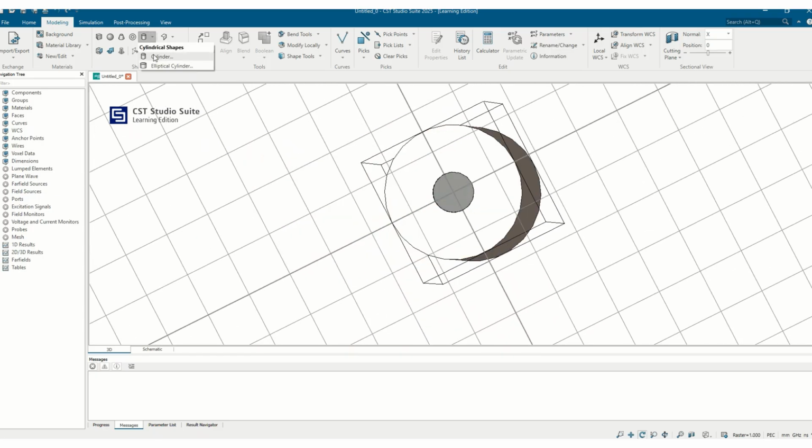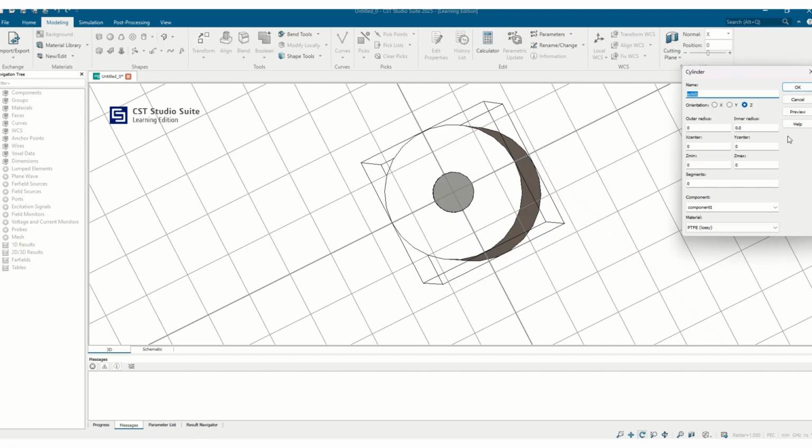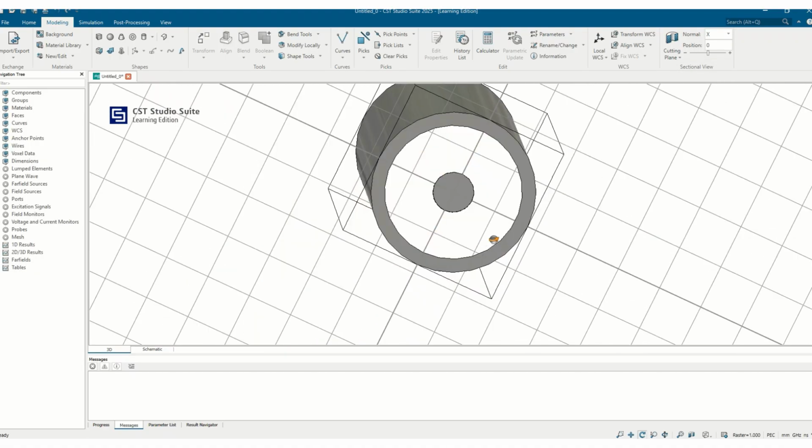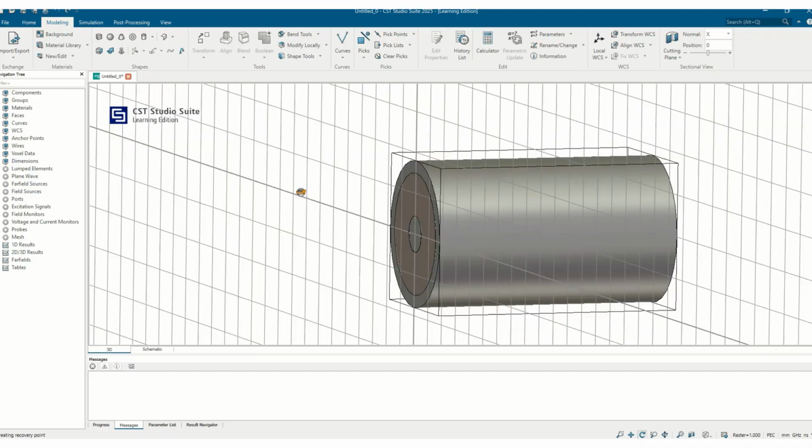Next we have to put on an external conductor layer also. So for that, inner radius is from this to R3, which is H min to H max. R3, I'm just going to put a thin layer like 1.8. Oh, sorry, this is H min. So we have the SMA connector basic